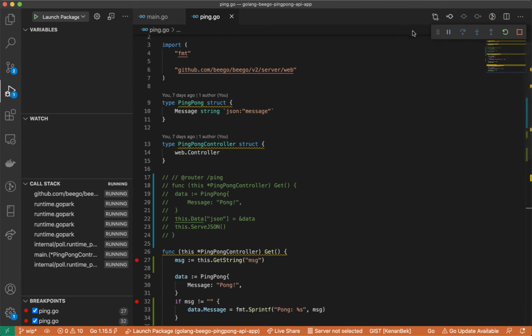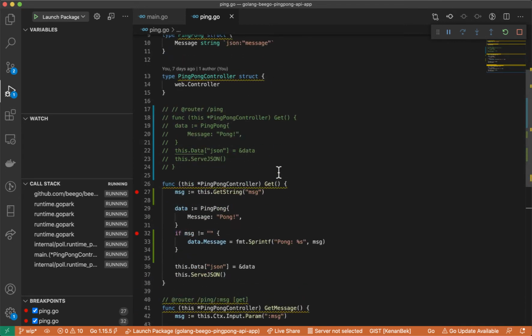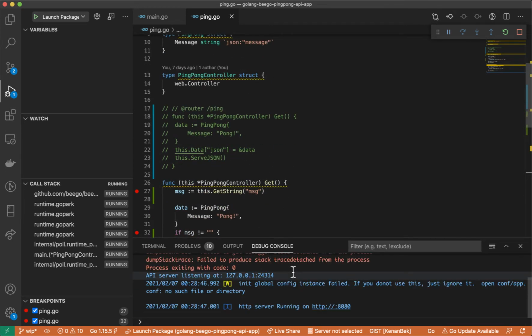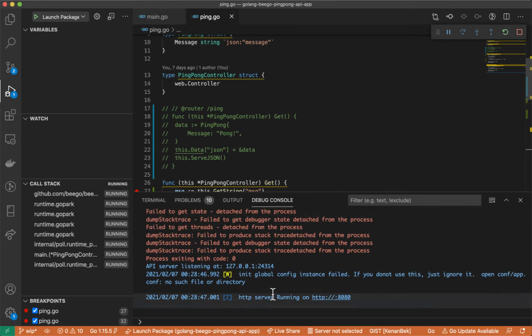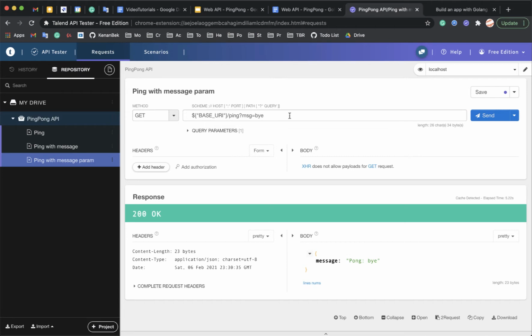So what I have running is the application. We can see the debug console here. It's running on this port. And we also have a small control panel here. It gets activated when you're in debug mode. And if I call this application,